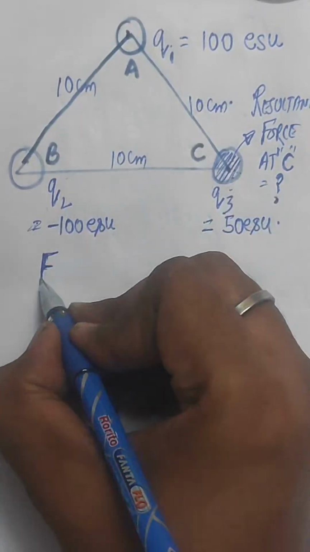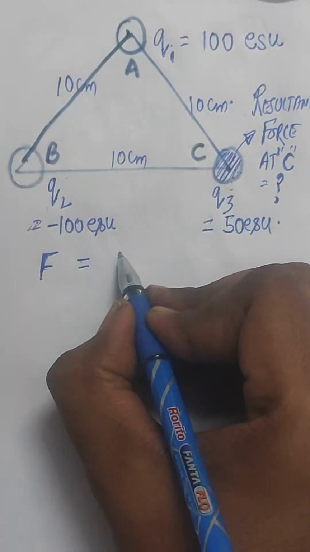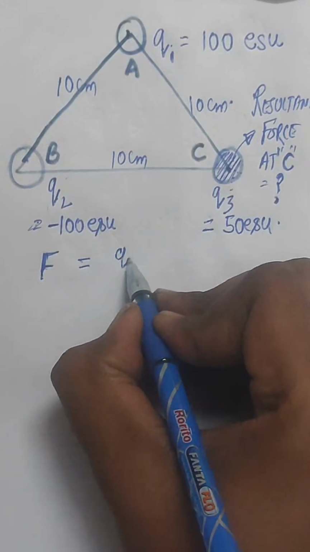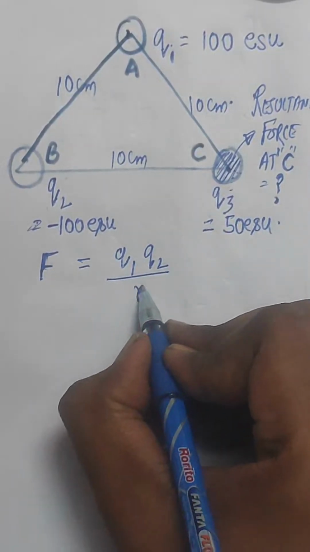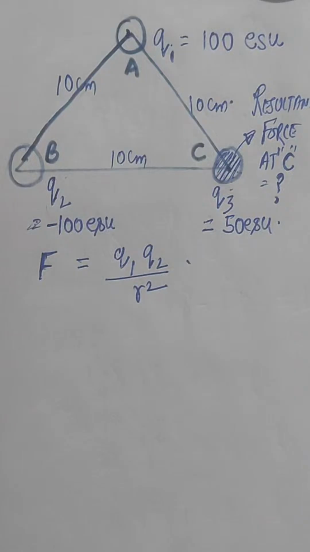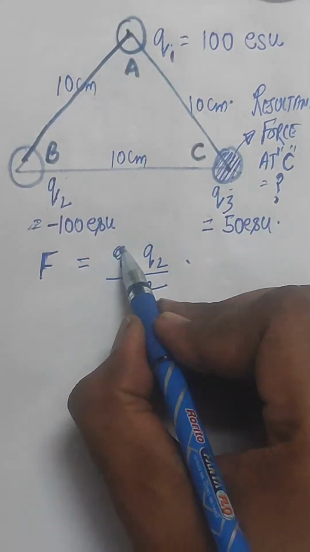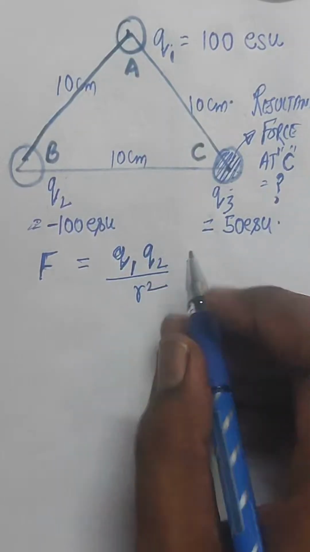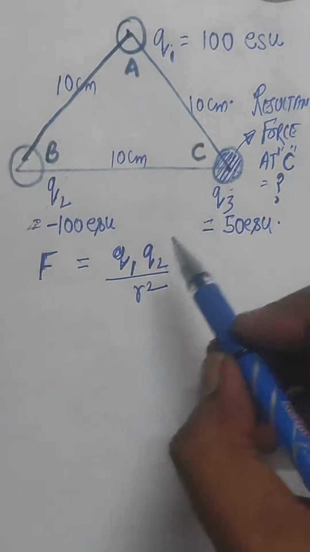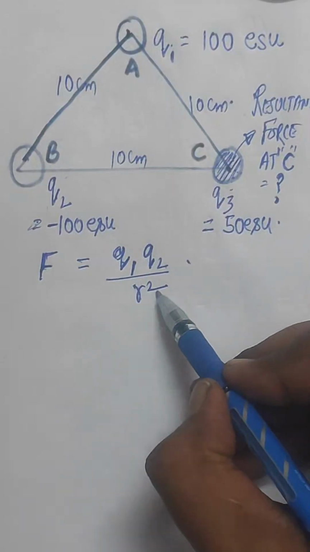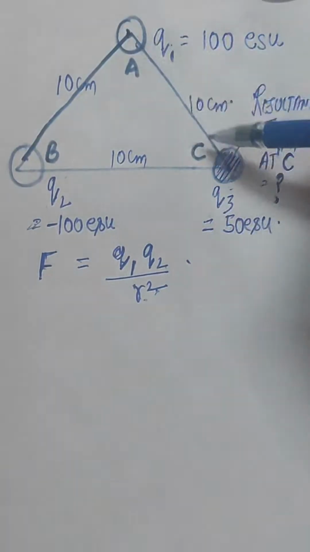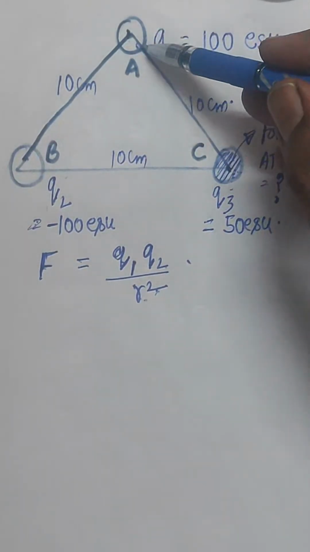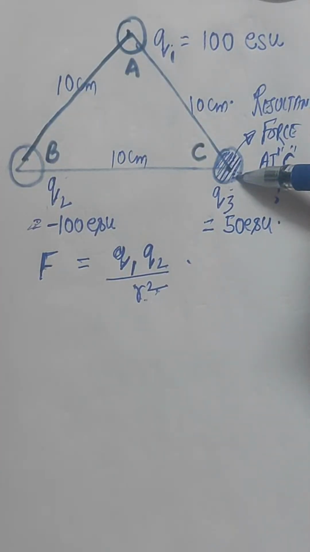We know the formula: F is Q1 Q2 by R square, where Q1 and Q2 are the two charges, and it is inversely proportional to the square of the distance between them. So if Q1 is exerting a force of F1 on Q3 here,